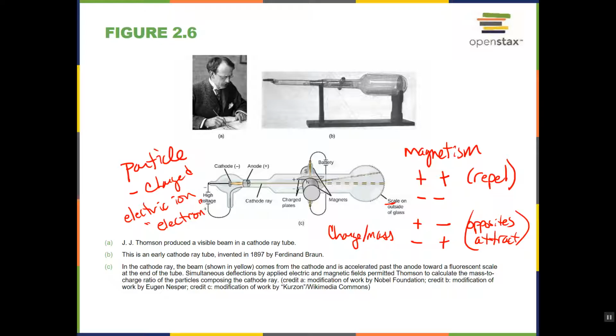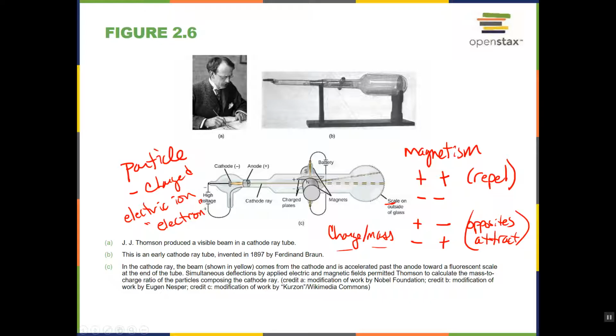identifying that these particles are subatomic, and also that they're going to play a role in identifying some of the other parts that are yet unknown to them and are going to help with the discovery. The charge and mass are going to help with the discovery of the protons and eventually ultimately the neutrons. So a lot came out of this initial experiment, and it's really a very simple experiment, but it's also a